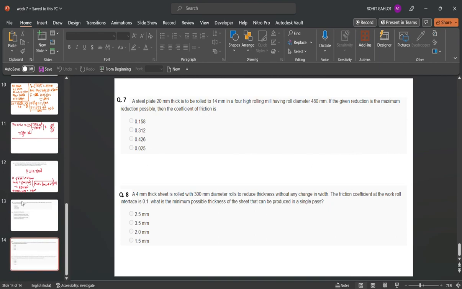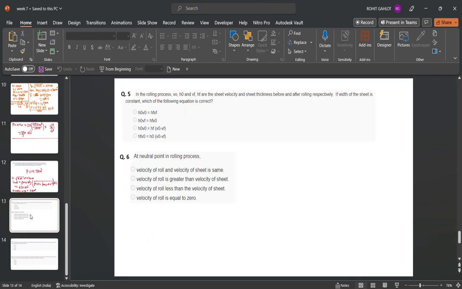So now let's start with the remaining problems. In the rolling process, V0, H0 and Vf are the seat velocity and seat thickness before and after rolling respectively. If the width of the seat is constant,